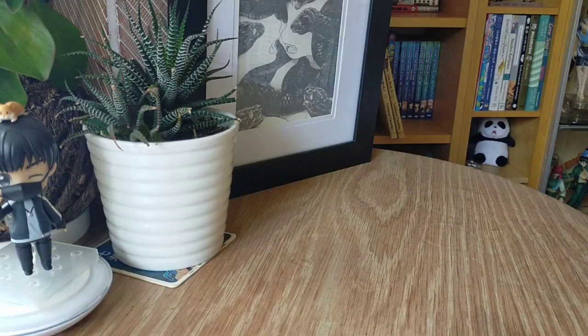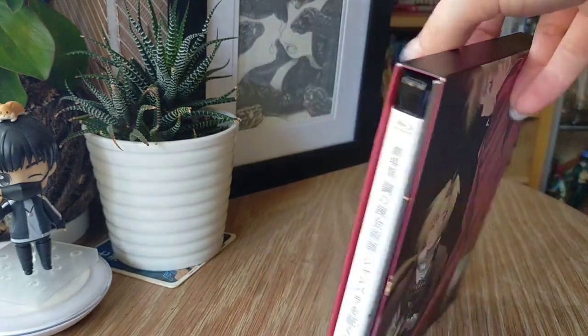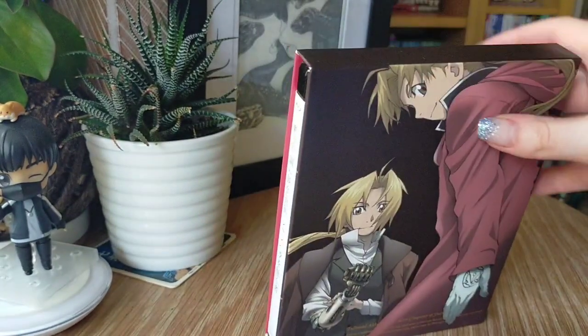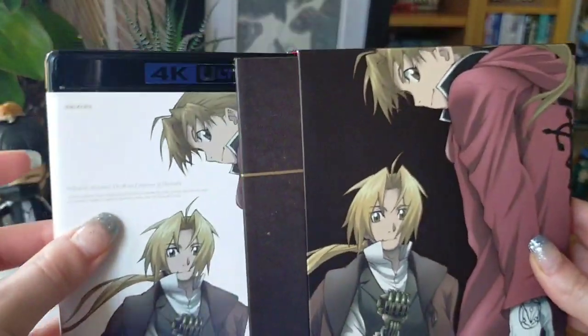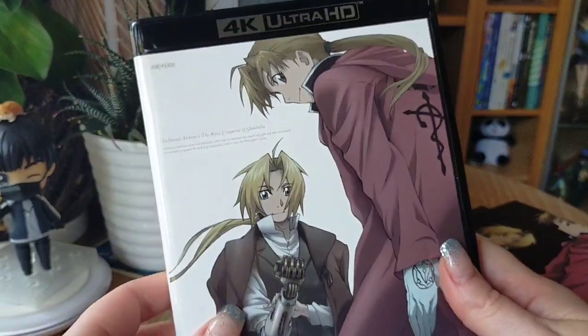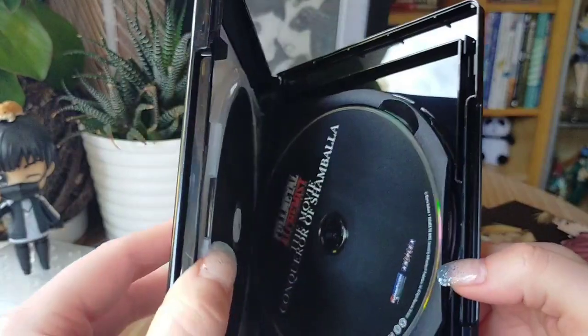Japanese release to help spruce up an English language release, and that is, oh my god, what the heck is going on? And that is the limited edition Blu-ray of Fullmetal Alchemist: The Conqueror of Shambhala from Japan. This is pretty much just a black Blu-ray case with a booklet and a disc and a slipcase. It is not Ultra HD. I just switched the cases out because the Japanese one is